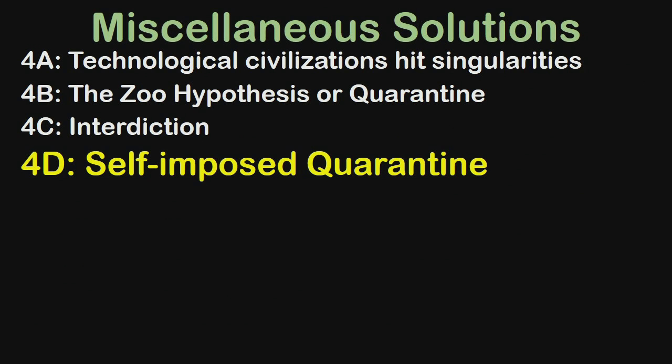4D, self-imposed quarantine. This is the notion that they don't quarantine us, or even really hide from each other, but quarantine themselves. They all agree to stay on their homeworlds or not expand much because they've come to realize that they have massive destructive potential, and almost any interaction with any alien could spark wars. This suffers from a lot of the same problems as our sim locations cases, but its big flaw is in